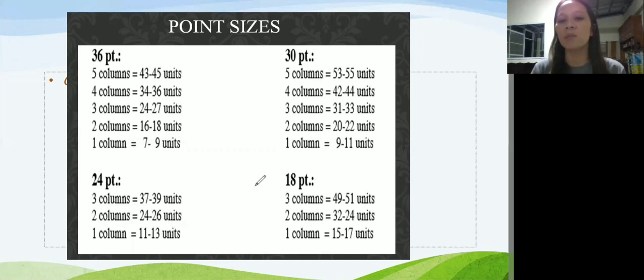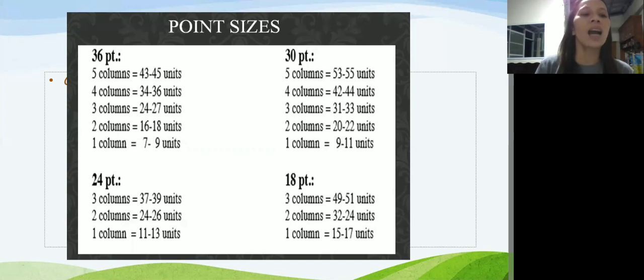Kapag 18 point, ibig sabihin mas maliit ang point size. So 49 to 51, 3 columns, 32 to 34, 2 columns, 15 to 17, 1 column. Okay, dapat nyo itong tandaan ha.